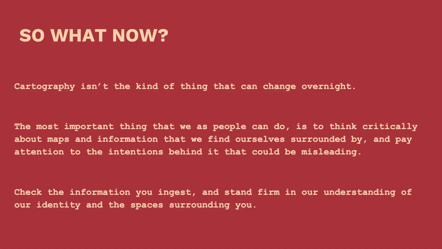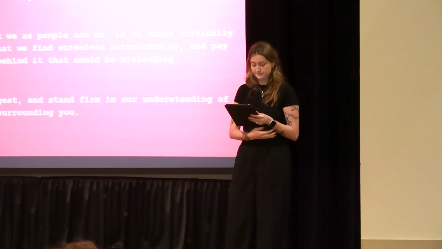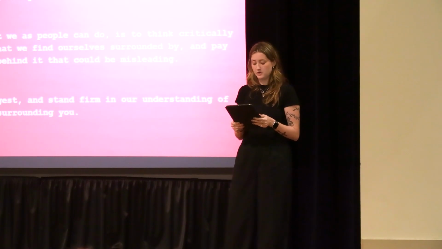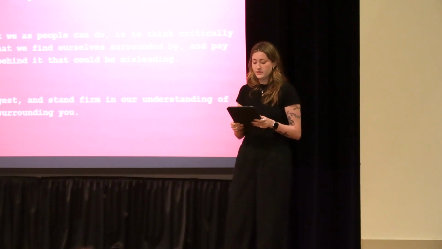So with all of this, the big question is, what do we do with this information? Cartography isn't something that can just change overnight, but awareness is a starting point. The most important thing we can do is think critically about the maps and visuals we interact with every day. Question who made them, what choices were made, and what might be missing. You need to be aware of what you're looking at and how the things you and your peers are taking in could be faulty. And, when possible, especially in political contexts, it's important to speak out against harmful or misleading representations. We already exist in a space where we're privileged enough to speak on what we want, and that includes people who are spreading things that are not true.